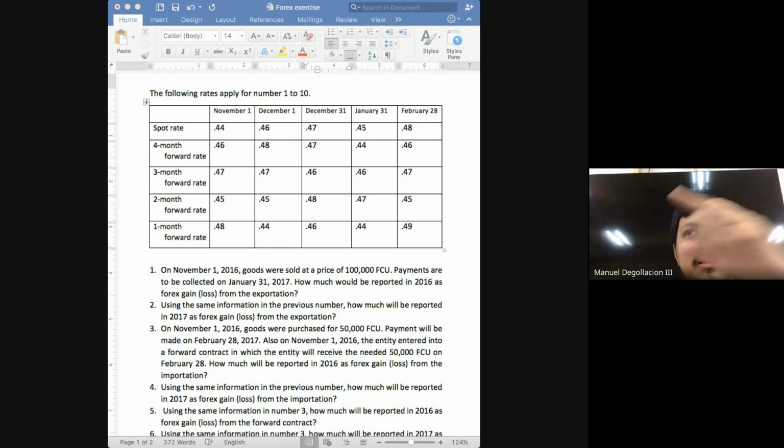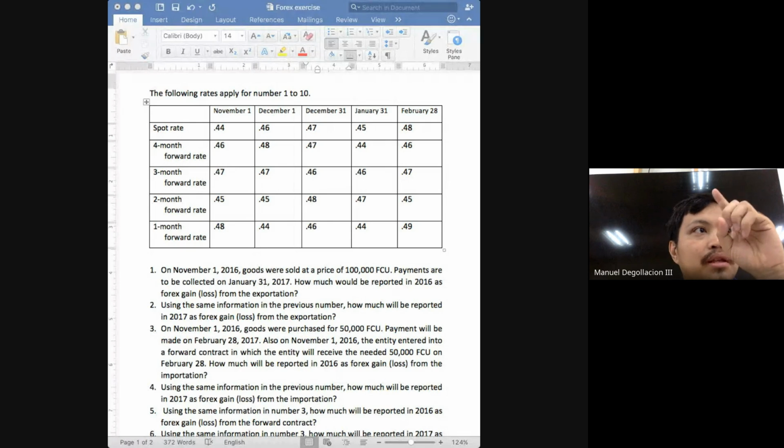Class, the adjustment date is just our terminology. When we say adjustment date, I'm referring to the dates on which you will need to update the balance of your accounts payable and your accounts receivable. And when is this adjustment date? When I say adjustment date, what are these dates? What can these dates be?